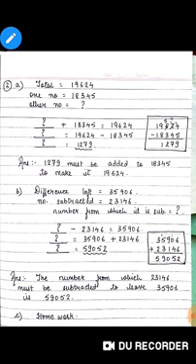Now the other addend is what you need to find. So the framing of this equation becomes: what should be added, that means question mark plus 18,345